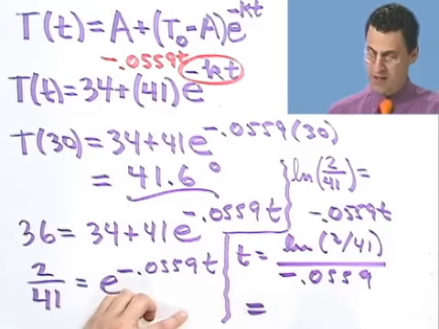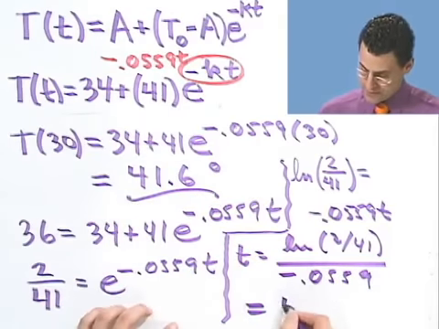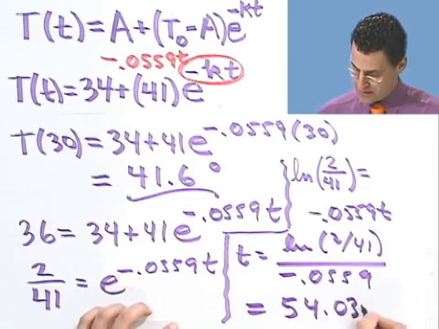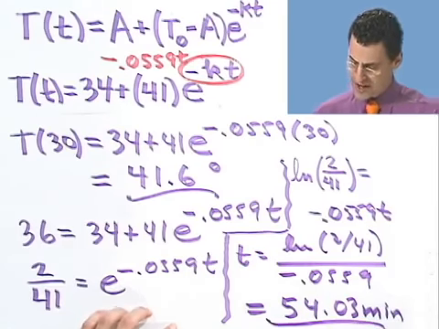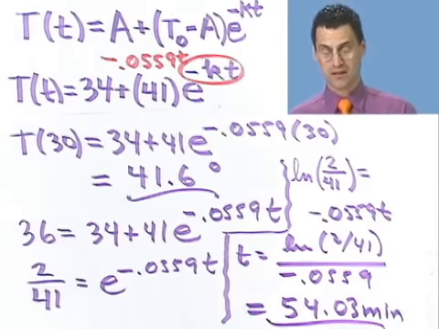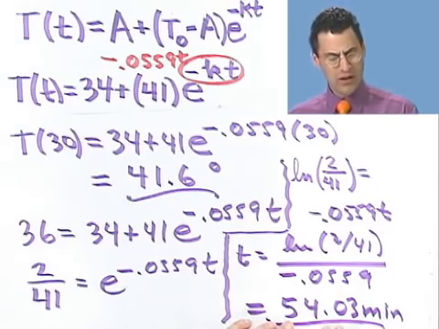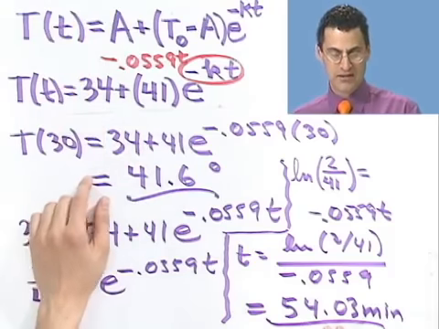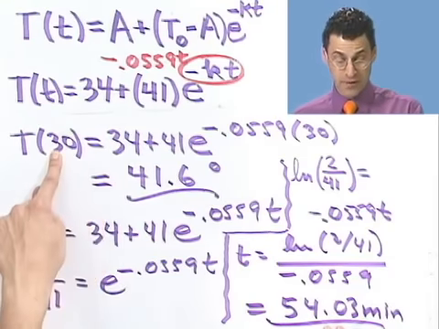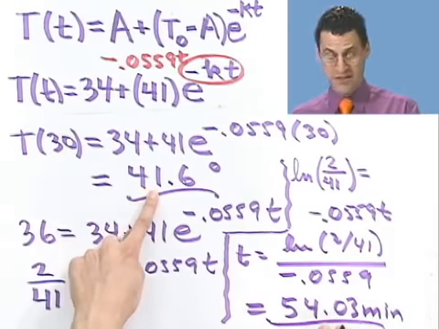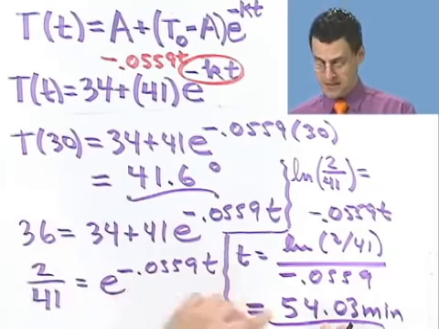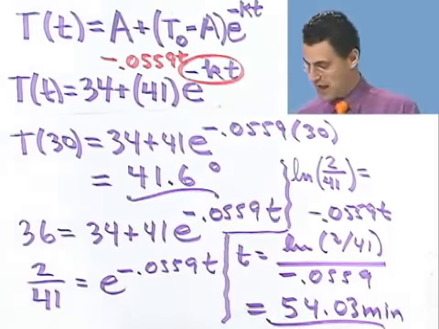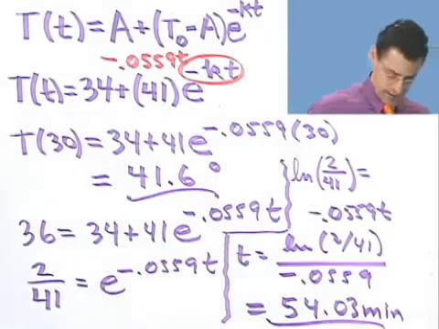And you can compute that on a calculator, and you'd get 54.03 minutes. So almost an hour. Almost an hour I'd have to wait. And does that seem reasonable? Well, I mean, it seems at least within the realm of reason, because we knew that 5 minutes in, I was at 65 degrees. 30 minutes in, I was 41 degrees. So this has to be longer than 30 minutes, and certainly that is. So in fact, what would happen is, 54 minutes later, you would open up your refrigerator, have an icy cold one,